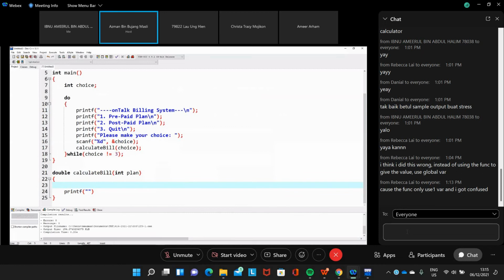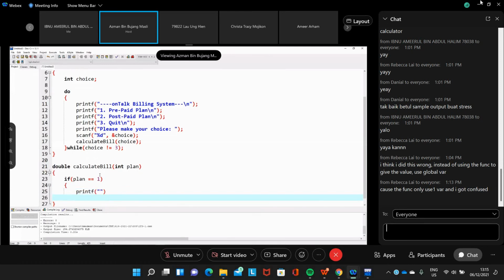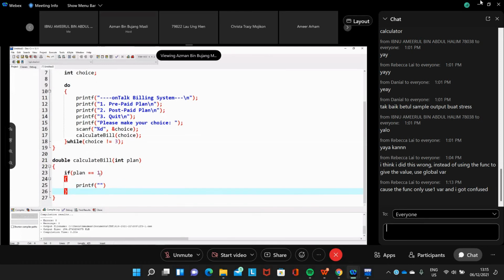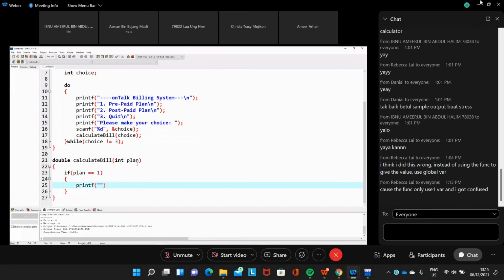So here, if the plan is equal to 1, then we start calculating the prepaid one. So this is the one. So we have if plan equal to 1, then we start this one.